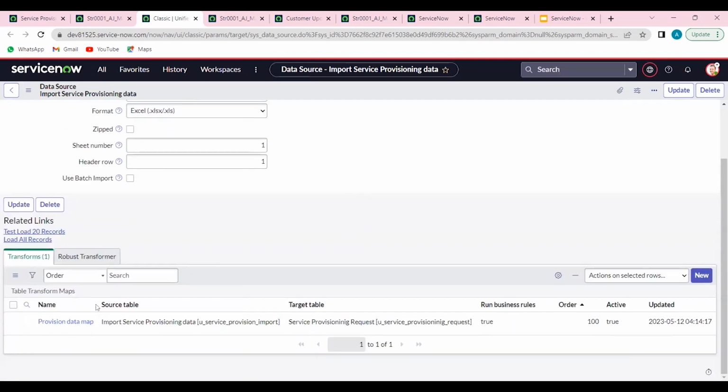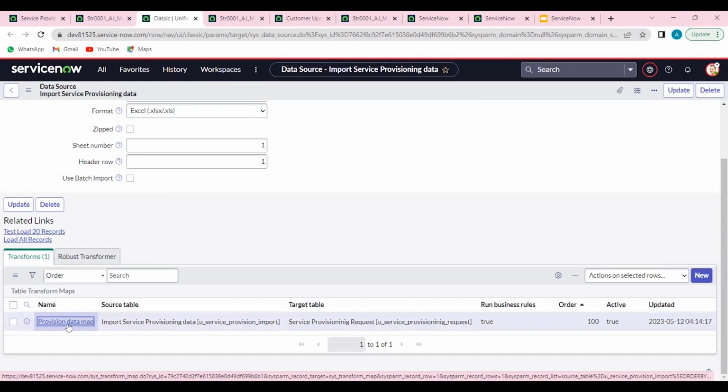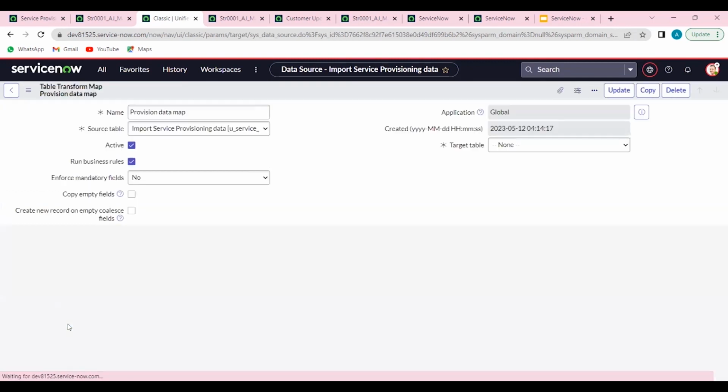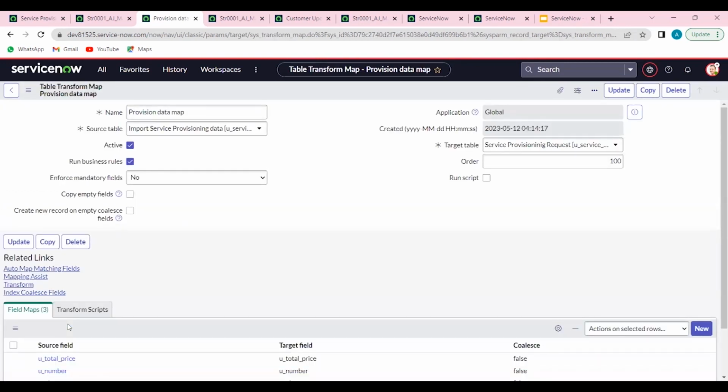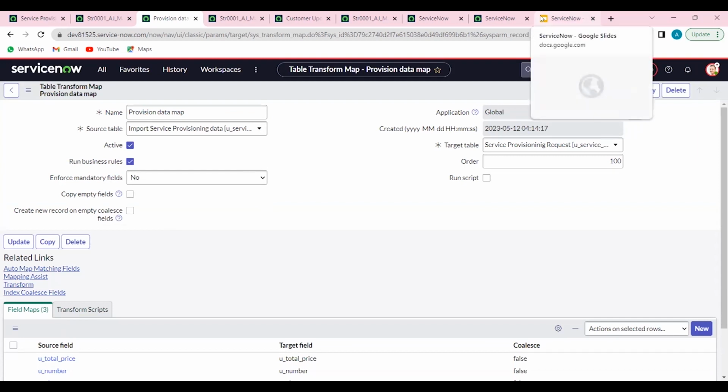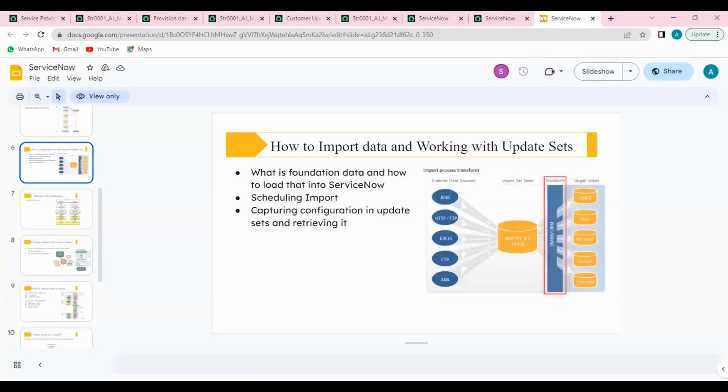And here we go. Here's the transform map. We deleted this along with the field map, but this has come up again because we have retrieved this data. So this is around playing with the data source, import set, and update set information about how we can utilize it for loading the temporary data, taking a backup, and then